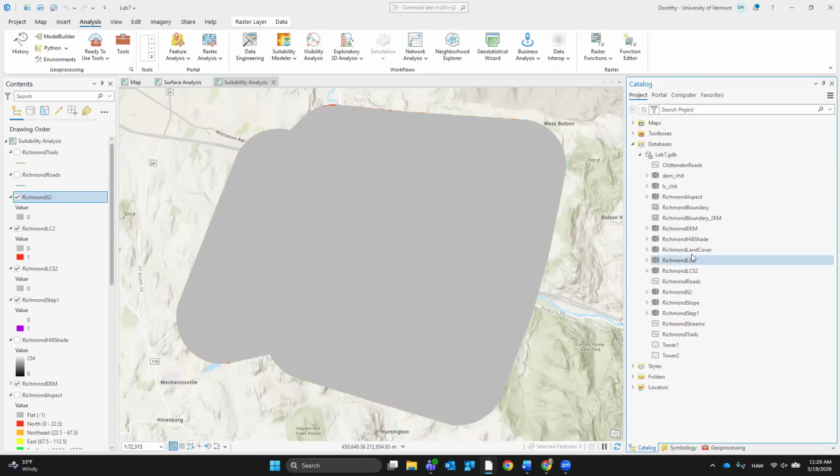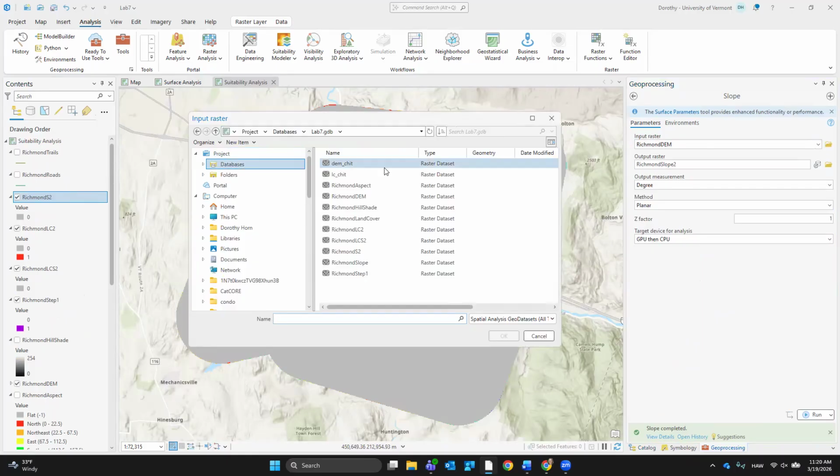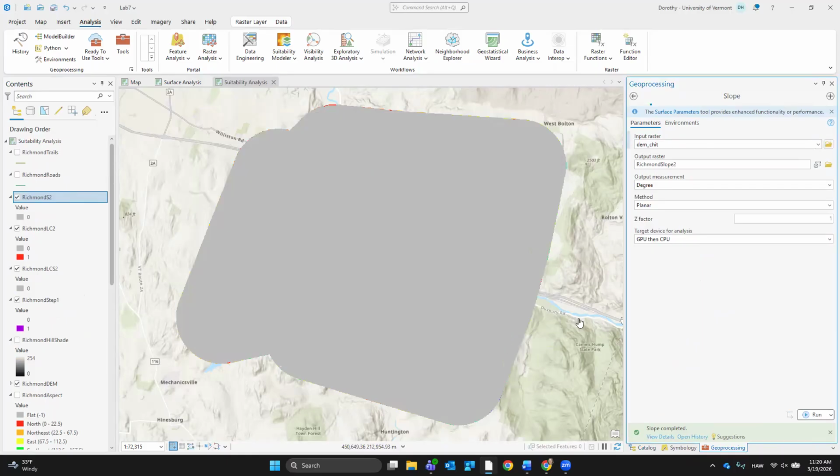I have to figure out how to do this. So I wonder if I took the overall DEM and made a slope out of that. Let's see what happens when I do it that way. So I'm going to look for the original digital elevation model here. I'm going to just call it slope.